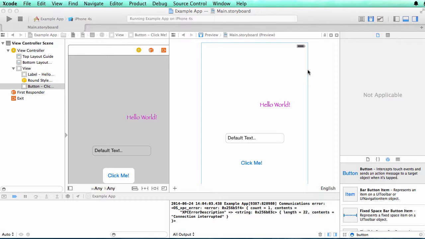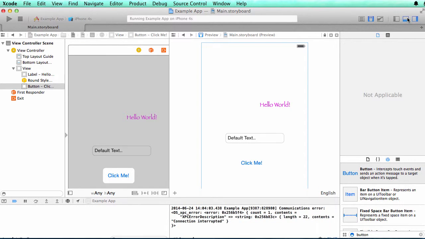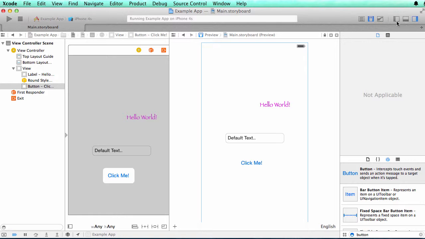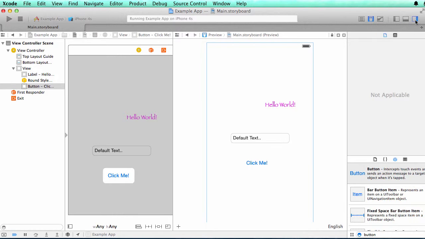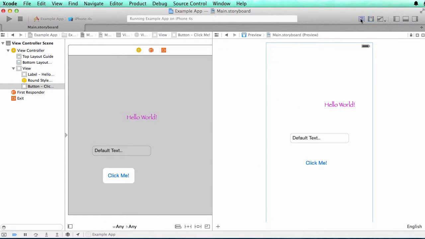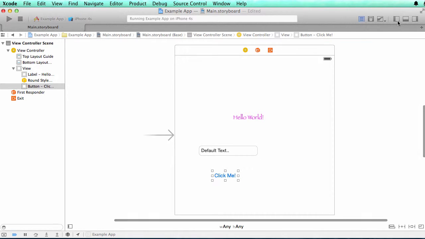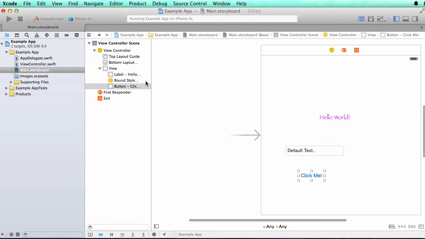So let's go away from our simulator and close that down. And for now we'll get rid of this and we'll go back to our standard editor. And I'm going to bring back our file list on the left-hand side. So, as I mentioned earlier, these are the files that make up the project itself. I'm not going to worry about appdelegate.swift for the moment. The one we're going to look at is